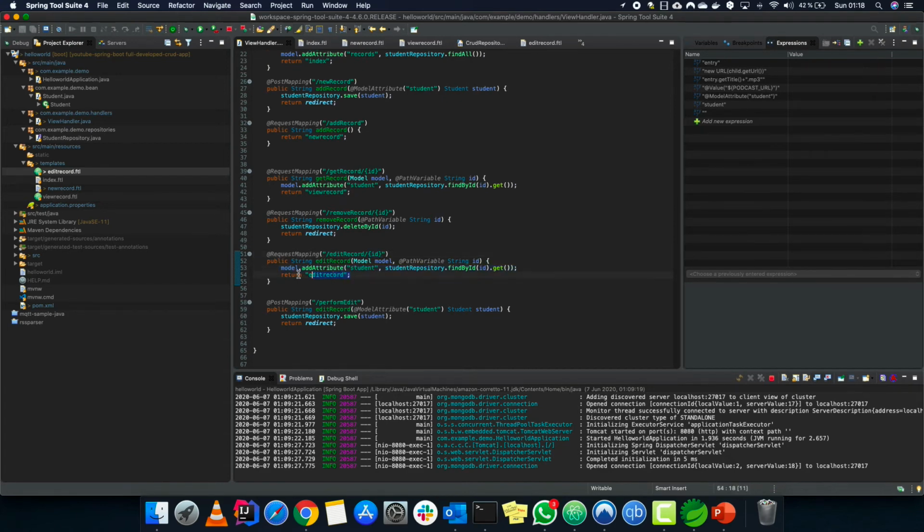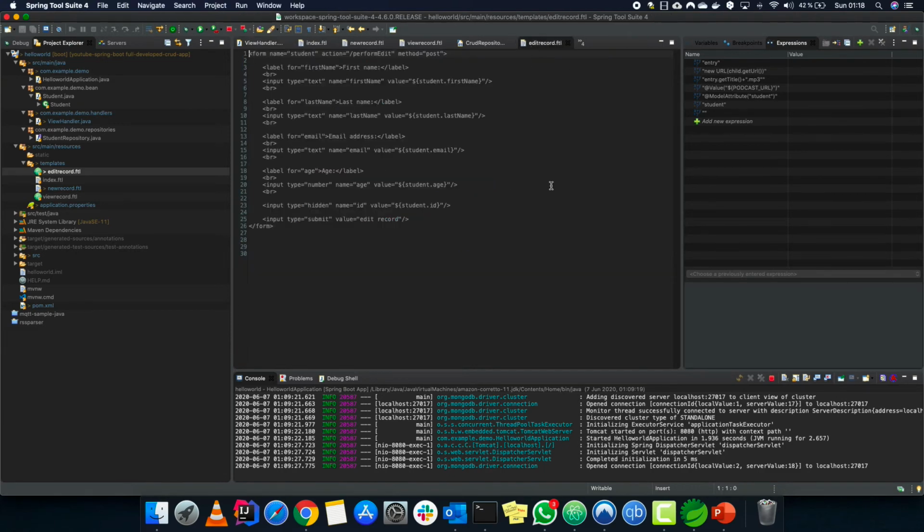So now when we are into the edit record, it is same as adding a new record. If you go into adding new record, that particular thing and edit record is same. There is a little difference.